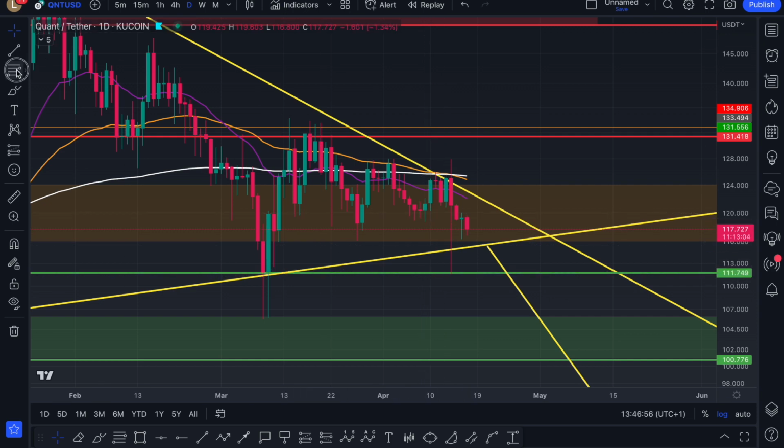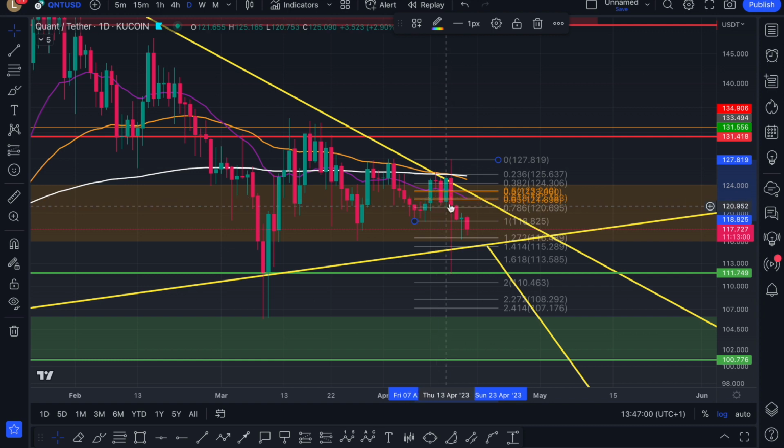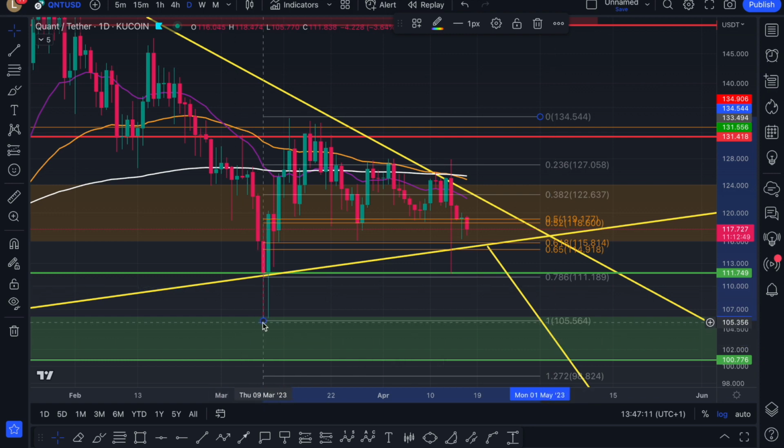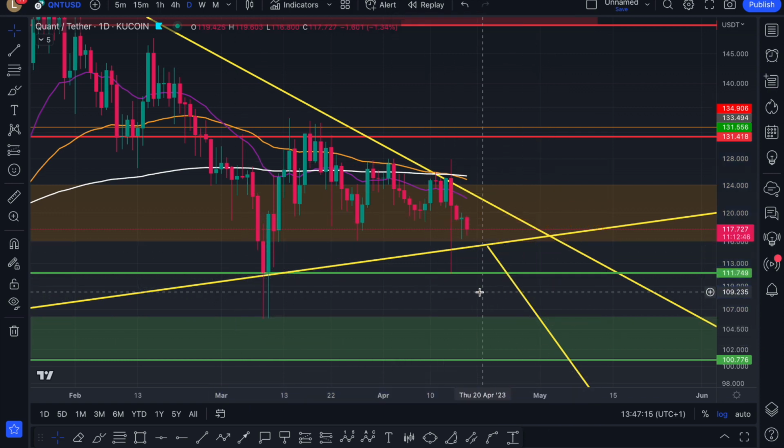where was that? No, my mistake, guys. It was from there to there. I said if we're losing this golden pocket, it's the 786, that between the 618 and the 786 over here, then we'd be coming back down to this neckline over here. I think it was because it was the 786 fib. Yes, just there, the 786 fib. So we just slightly missed that 786, but luckily enough,